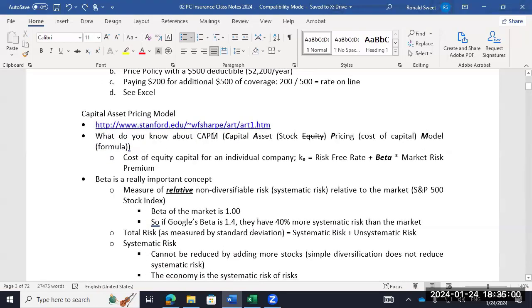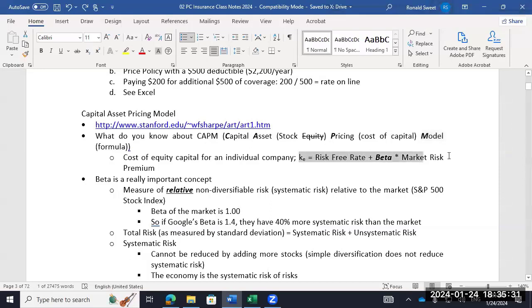The capital asset pricing model says capital asset, but it really applies to stocks. So it's the return the insurance company needs on its stocks. It's the return on equity. It's not really a pricing model, although actuaries use it for pricing their premiums. But what they're saying is, what return on capital or return on equity does this firm need to cover its loss, its risk? And it's not really a model, it's a formula, but it's a formula we use.